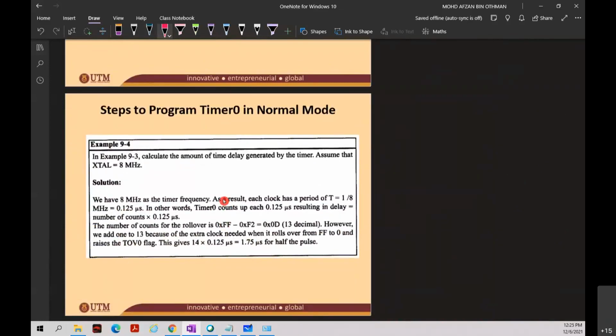In example 9.3, calculate the amount of time delay generated by the timer. Assume that XTAL equals 8 MHz. So it asks us to find our delay. How do we calculate the delay, by using